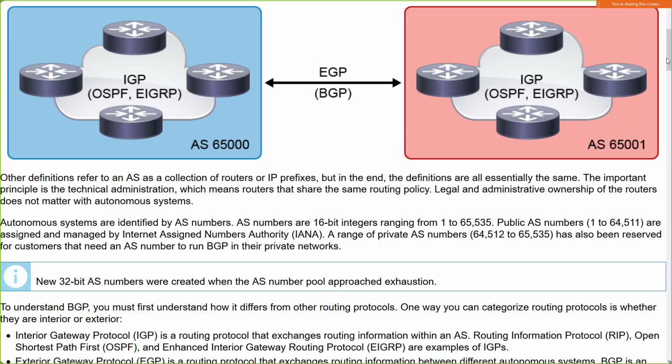And what makes this an exterior protocol, or what makes this an eBGP scenario, is that we have peering relationships between two different autonomous system numbers. If we were peering two BGP speakers, and by the way, that's what a BGP router is referred to as, a BGP speaker, if we were peering two BGP speakers that were